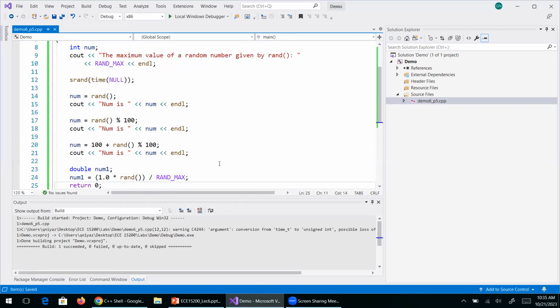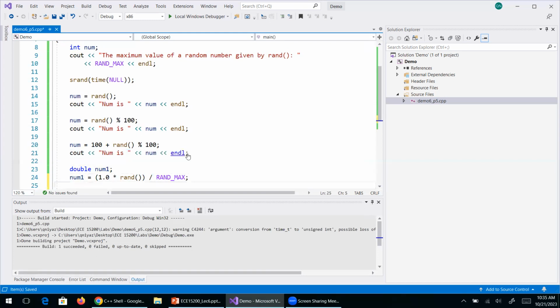So here, let's say rand generates 100, and you divide by RAND_MAX, which is, in this case on my computer, giving 32,767, right? So you divide 100 by 32,767. So you will get a floating point number, since you have multiplied the outcome of the rand function with 1.0, right? Now, if I want to display this,